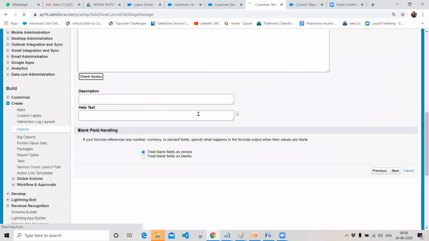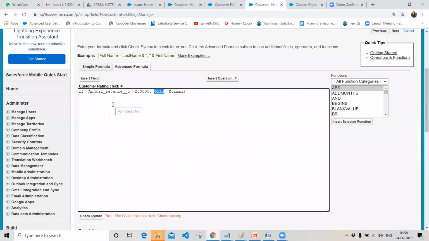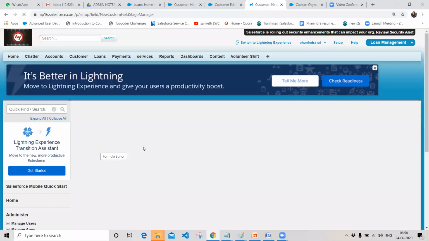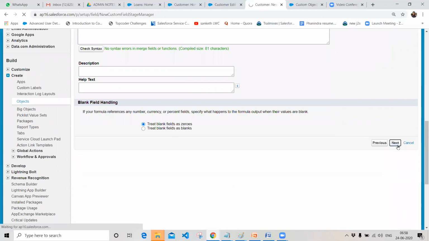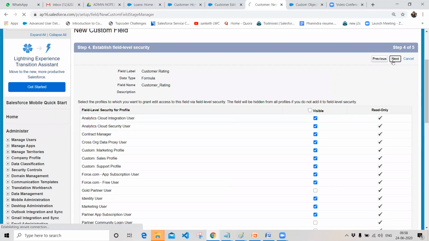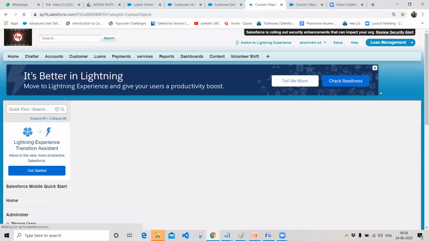I'm checking the syntax. If you have any errors with respect to your syntax, it will be shown over here. Since we are expecting a string, it should be in single quotations. Okay, click on check syntax, and see we have no error. Click on next, click on next, and save the record.